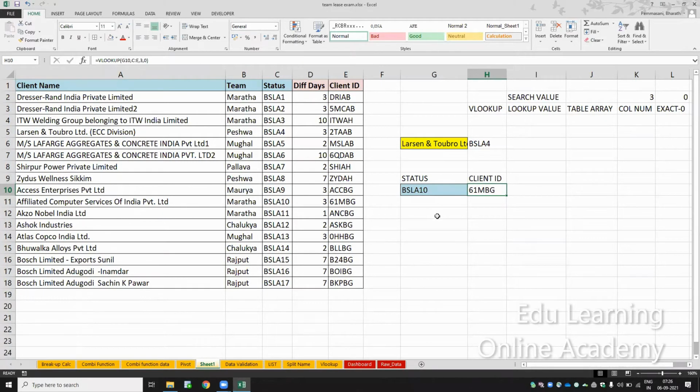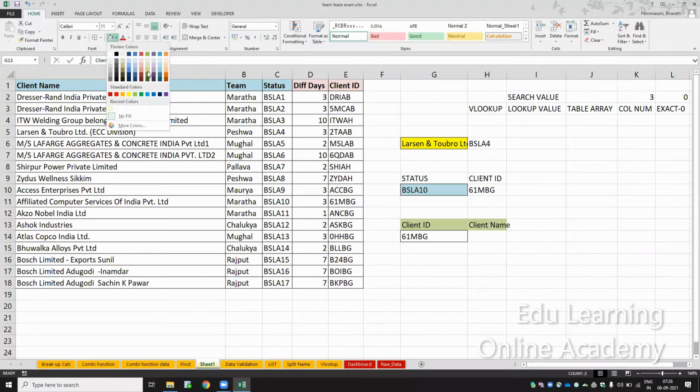Similarly, if I have the client ID here and I wanted to get the client name, which formula do we use for this one?